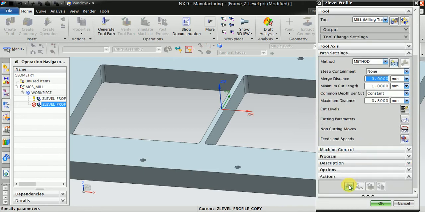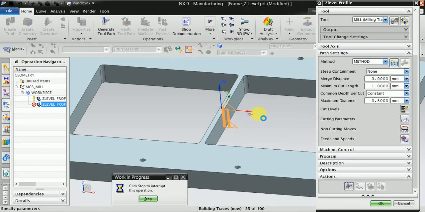Now same, generate the program. Now both of these processes are for roughing purpose.